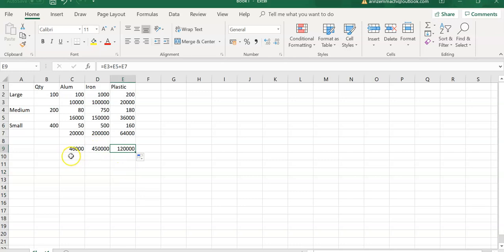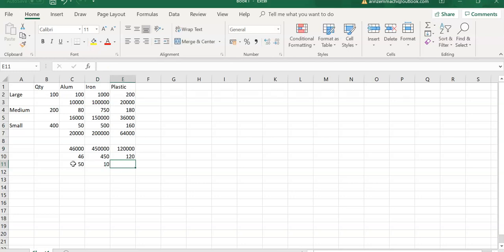Perfect. Now I'm going to divide each of these by 1,000 because I want it per kilogram. I could have done that in many ways, but just to show you, because right now I have them in grams. So I'm going to go across again and do that. And now I can multiply this by the prices: 50 pounds per kilogram, 10 pounds per kilogram,